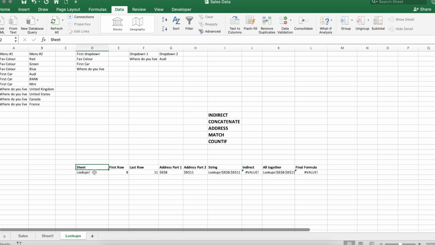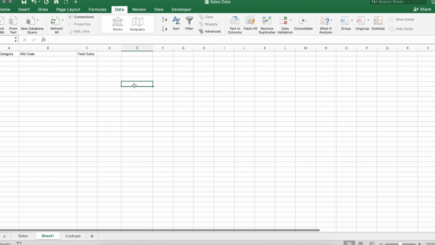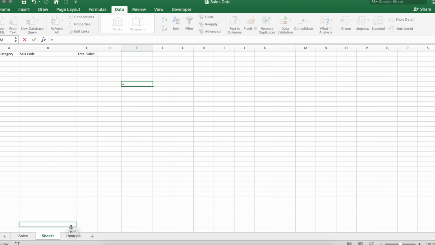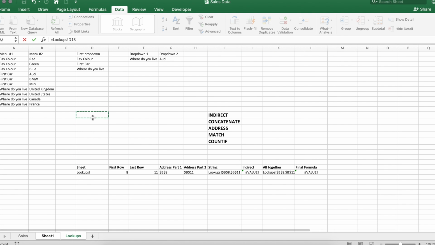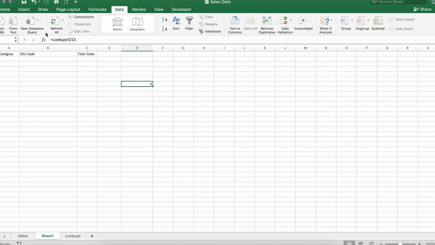Now, it's important that you look at how Excel treats your sheet. So for example, I have lookups exclamation point, right? And that is because if you go to a different sheet like this one here, and you just go to reference something within your lookups, and press enter here, this is how it would appear. Okay, lookups, exclamation point, and then whatever the cell there you clicked on,